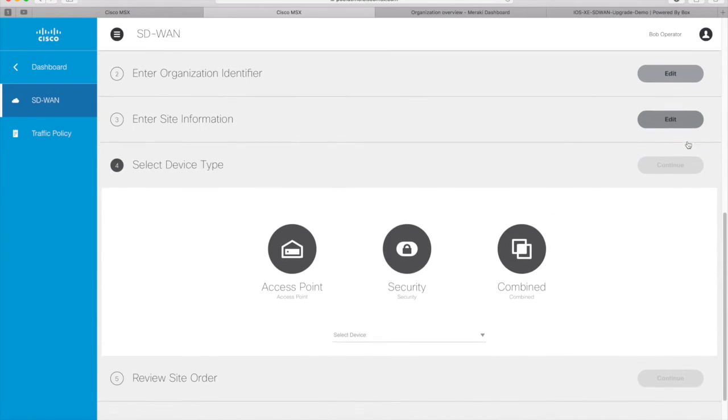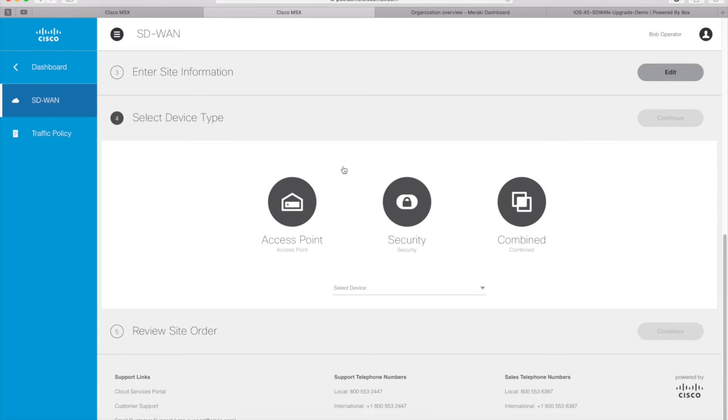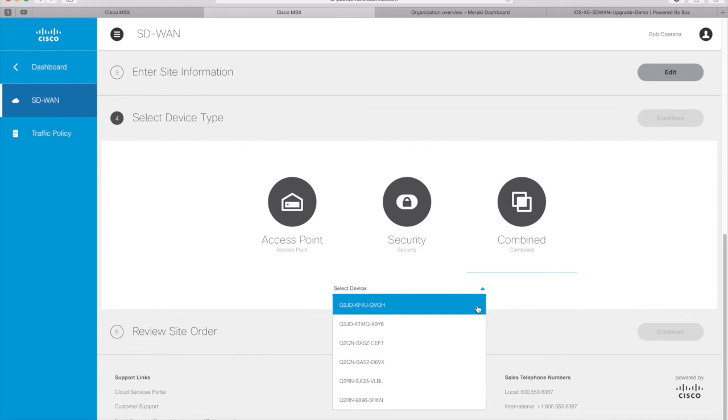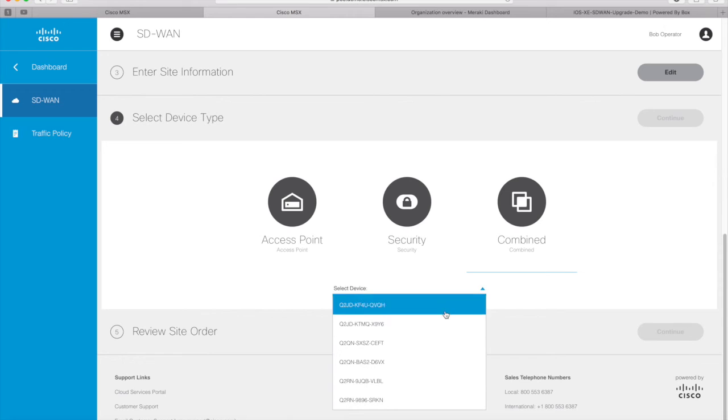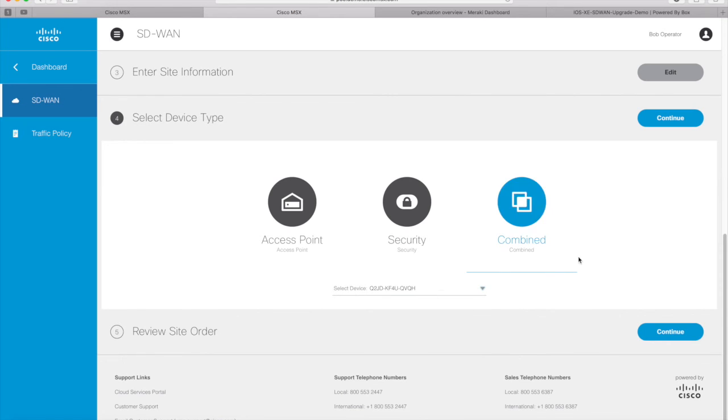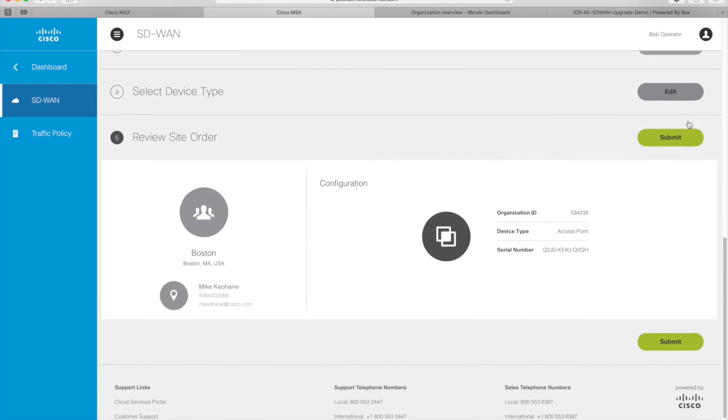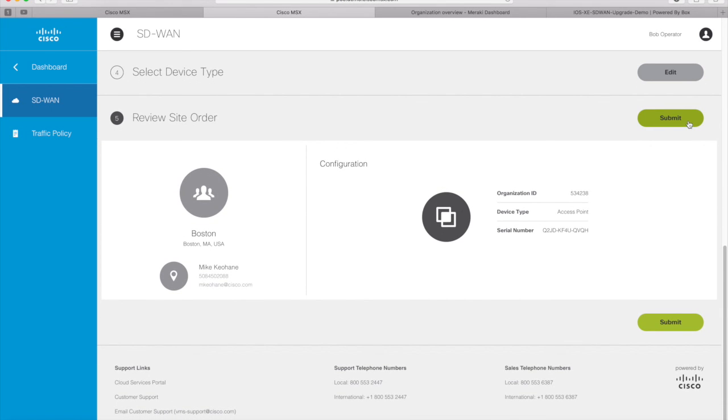With that input complete, we now describe the type of network and the devices that we will be adding. We can have an access point network, security network, or a combined network which has devices from both types. And that's what we'll do for this demonstration. When I select combined, I can see all the devices that are eligible to be inserted into that network. I'll select that, and I'll review my order. But before submitting, let's go over to